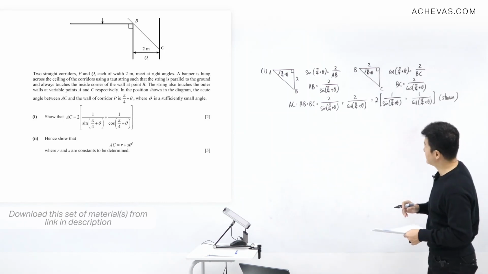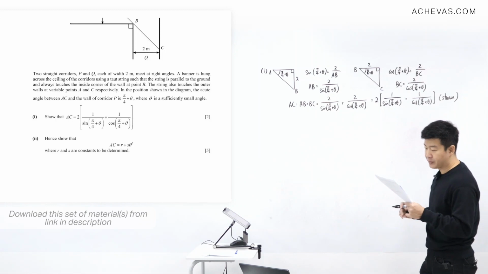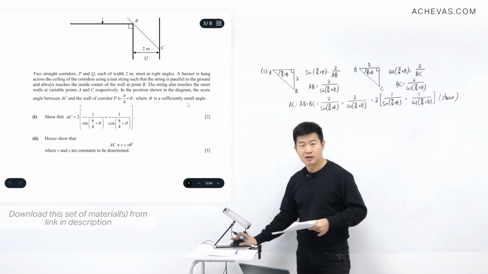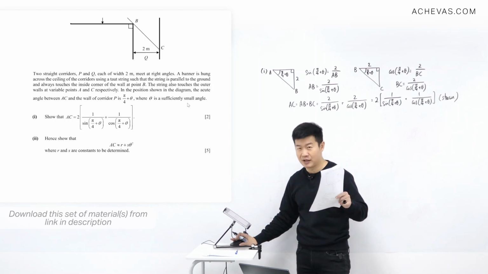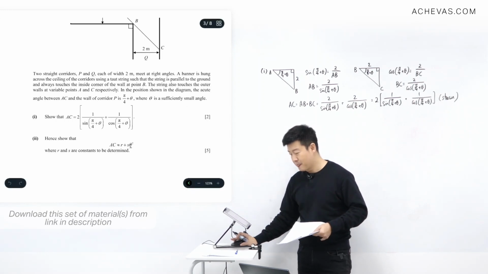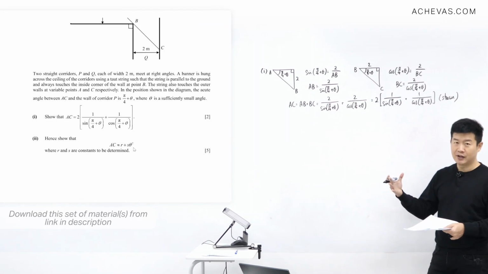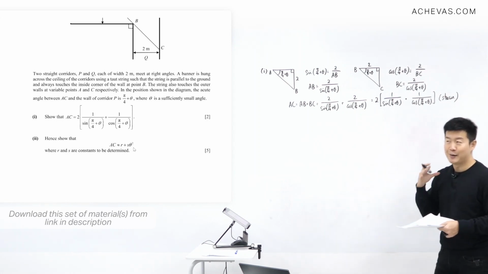So let me rewrite this that we have here, and the question actually gave me one more piece of information, which is the fact that we are working on a theta that is sufficiently small. What is sufficiently small? The question didn't define for me directly, but it did give me information about small indirectly, which is this that we have here. Because AC is approximately this, and it ended up at theta squared, which means that theta to the power of 3 and above, they are small enough to be negligible. Okay, so I'm going to take that into account at the same time as I try to do a Maclaurin's